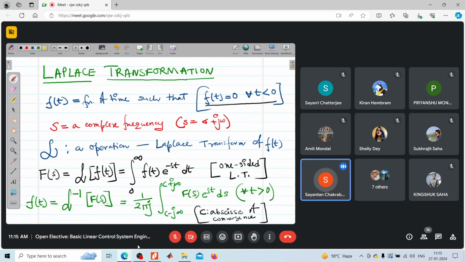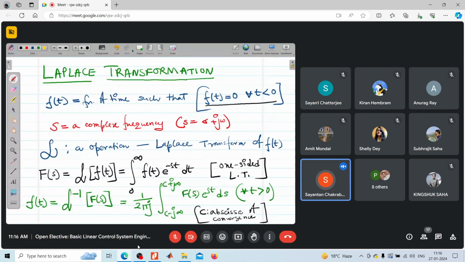So our objective will be to reorient or reorganize the function F(s) in such a way that it can be thought of as an augmentation or combination of such common functions, so that you can use the inverse Laplace transform table to obtain the corresponding functions in the time domain. Okay, so this is starting with the basic